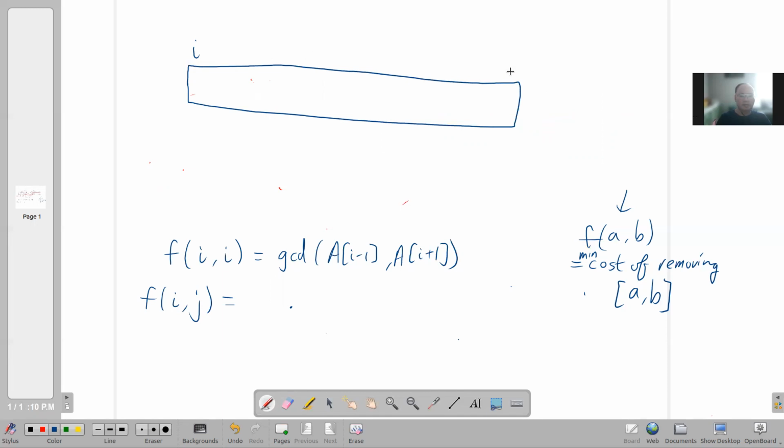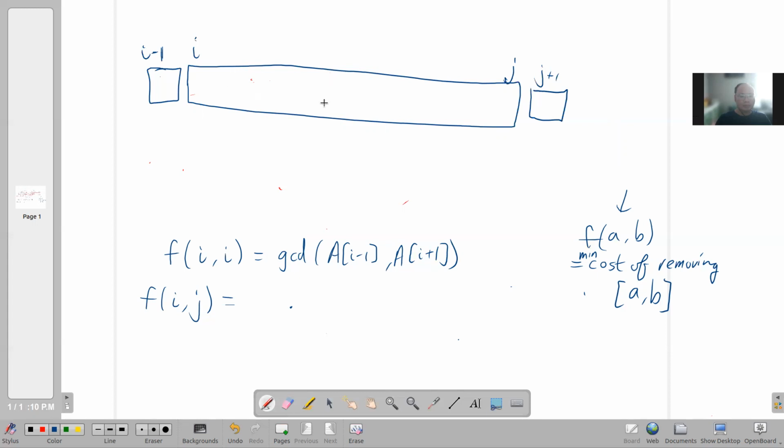Okay, so we have i and j, and then we have something that comes before, which we'll call i minus 1, and something that comes after, which is j plus 1. But again, this could wrap around to the i minus 1 and j plus 1, so you have to take care of all of that stuff. All right, so anyway, the idea is that